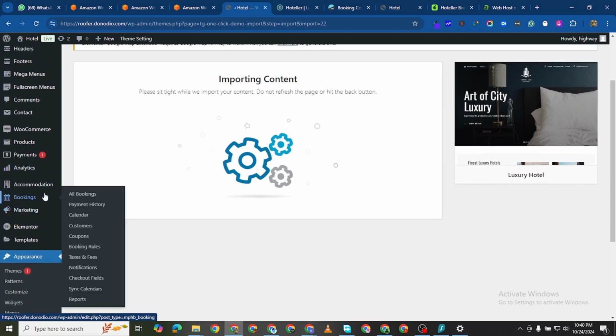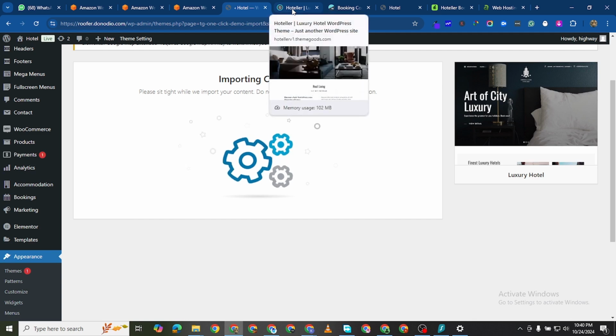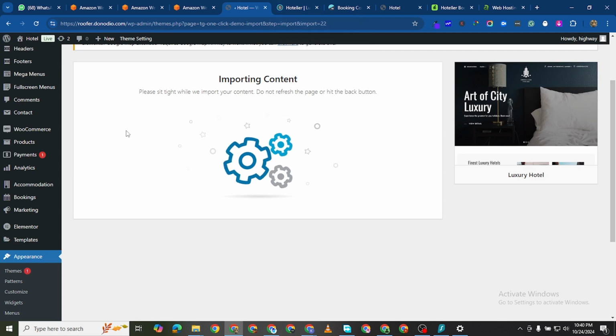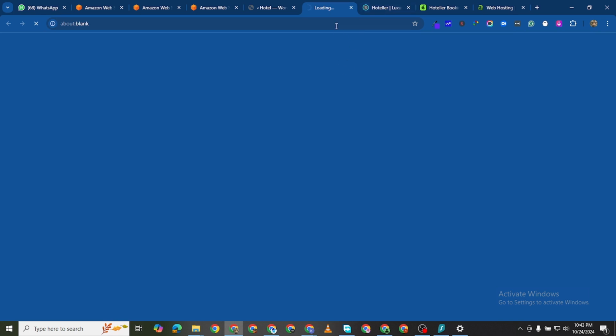When this is imported, we'll have to do a full setup of this theme. Now you can't just import it and begin to use it. It's really not going to work because there is a lot going on that you need to understand in terms of how you manage and set up the site. I'm told that the import is completed. If I view the website now on the front end,